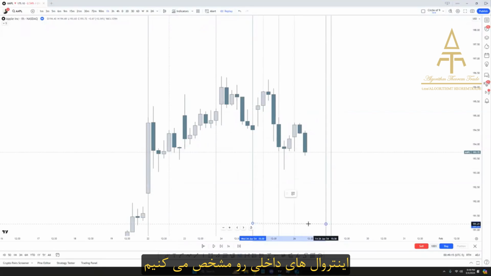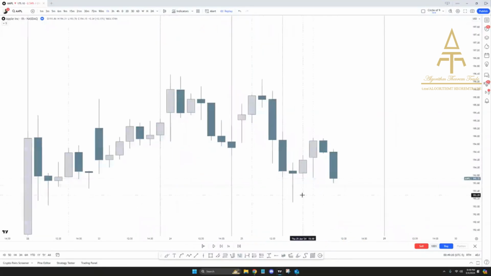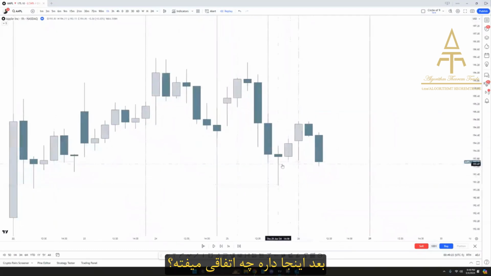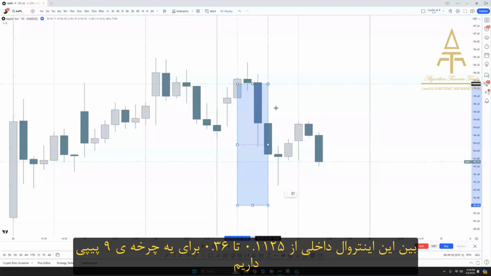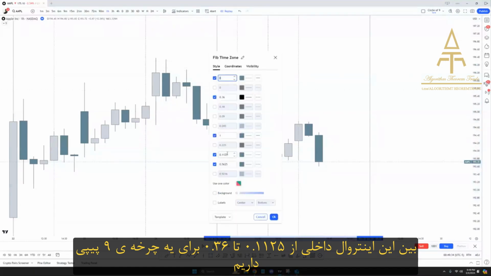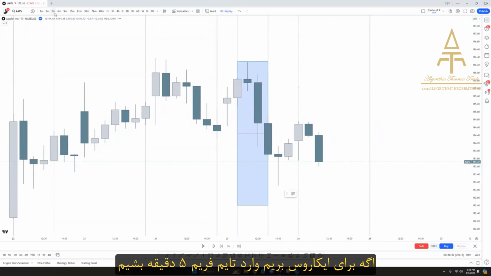You draw the inner intervals. And notice what's happening here, right over here, between this inner interval of the 0.1125 and the 0.36 on the circle of 9 pips for Icarus. This is your opening price, if you go to the 5-minute,